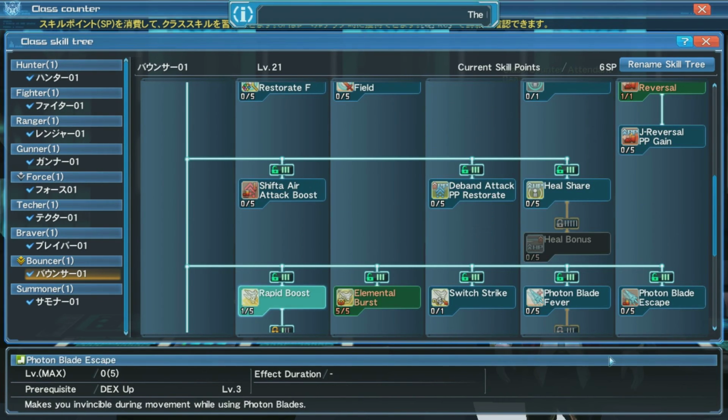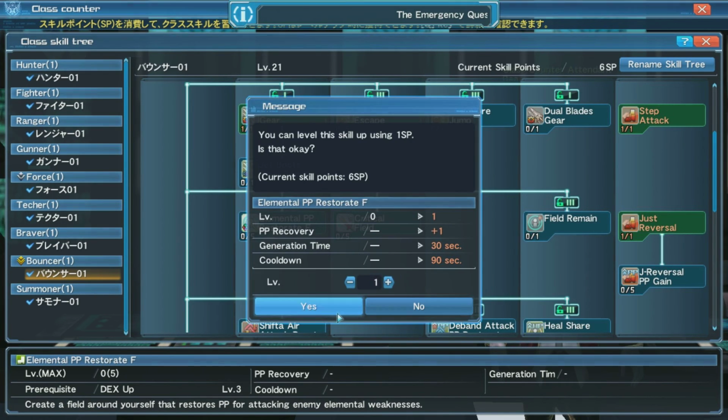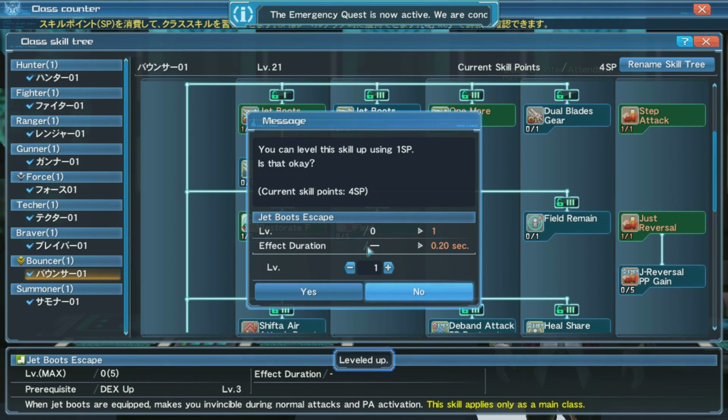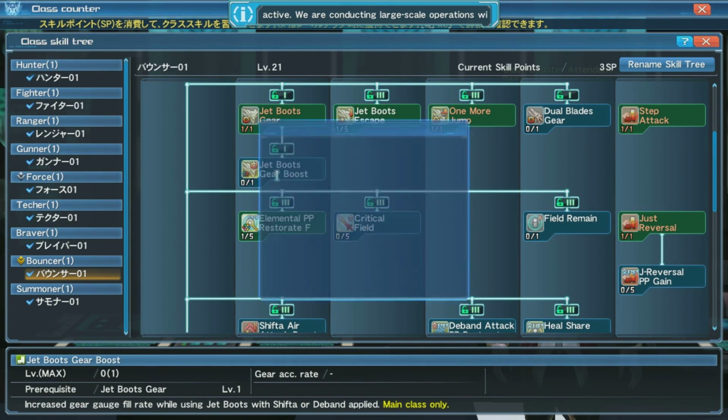Yeah, I'm not gonna get dual blades as much. It's gonna be optional. One more jump. Do I really need that? Maybe. Now, I got a bunch of class resets, so if I do mess up this tree, I can fix it. Hopefully I don't need to, actually, but...